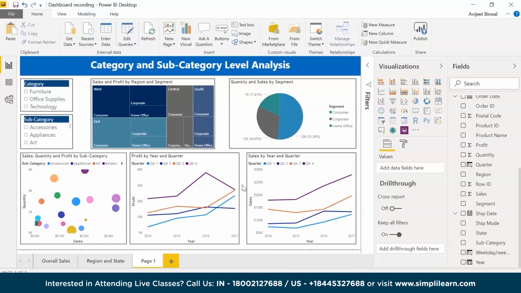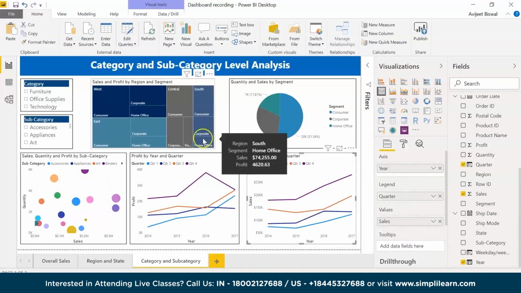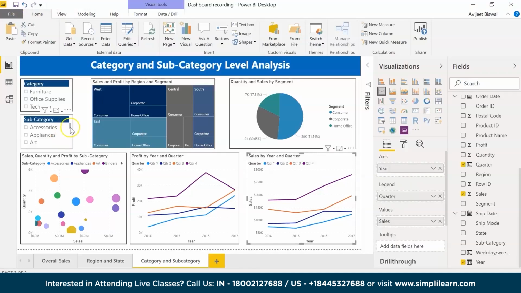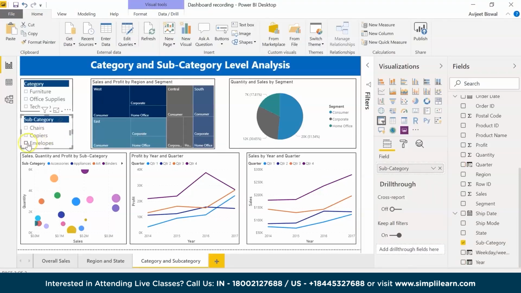and subcategory level. I can go ahead and rename this as category and subcategory. Let me save this. Now if you want, you can also filter it by subcategories. For example, if I select chairs as my subcategory,